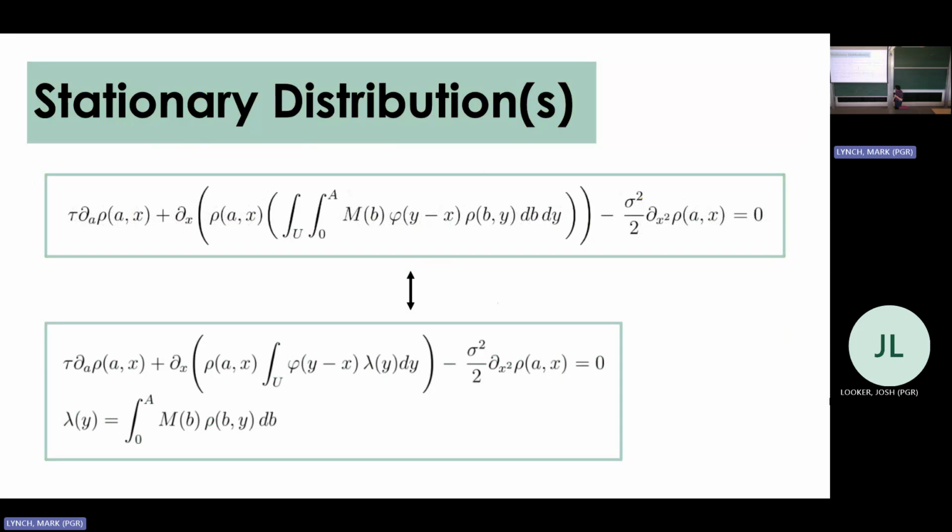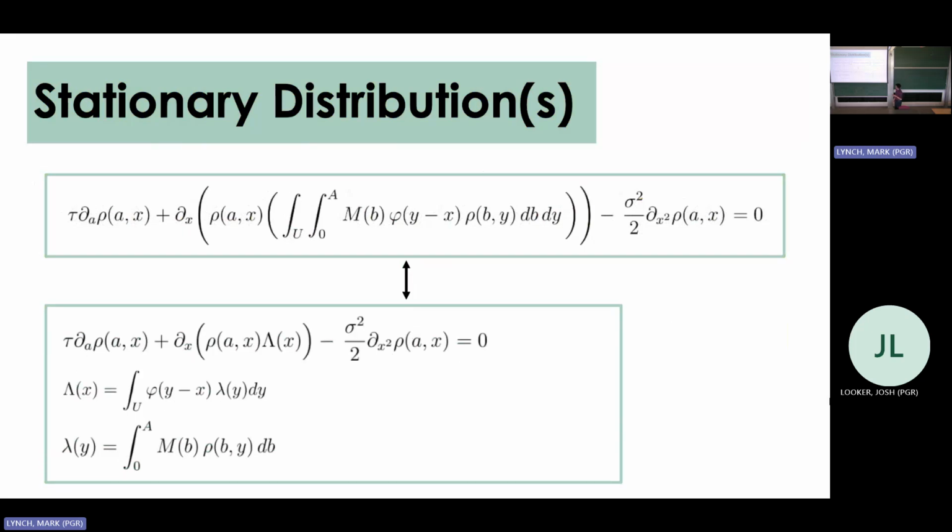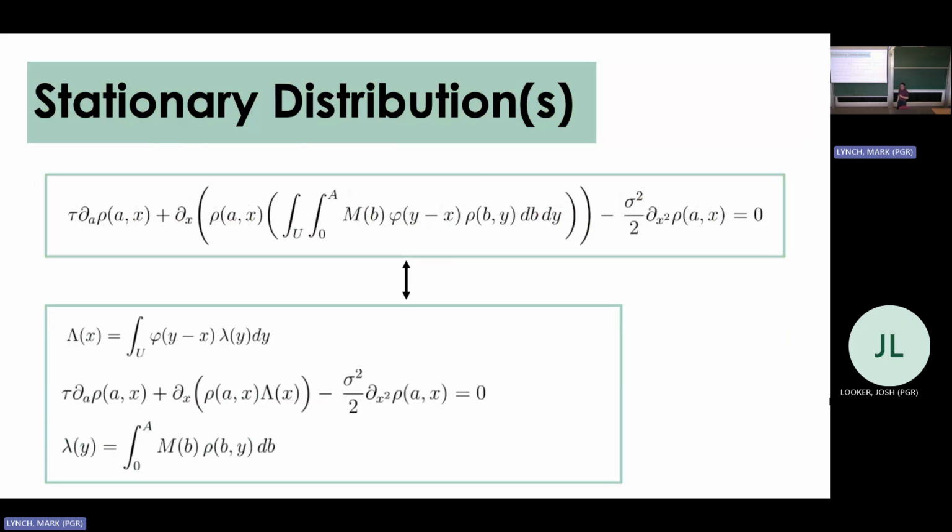The next step is to take this other integral and also call that something else. So now we have a nicer looking PDE, and basically the nastiness has been hidden in these two terms. But this equation being satisfied and this collection of equations being satisfied is exactly the same thing. I've just taken out some of the terms in the top one and called them other things. Happy that they're the same? Cool. I'm just going to conveniently swap the order of those two to make the next bit work out nicely.